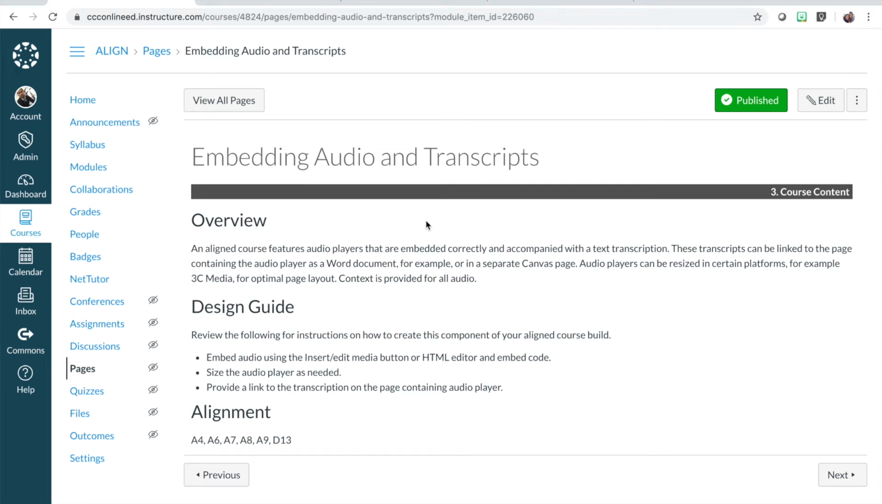Just like video, audio recordings can be a vital part of an online course. An online course that is aligned features audio players that are embedded correctly and also accompanied with a text transcription. I will, in this demonstration, look at two different types of recordings and how to embed them correctly into a